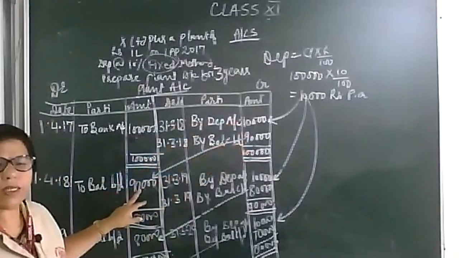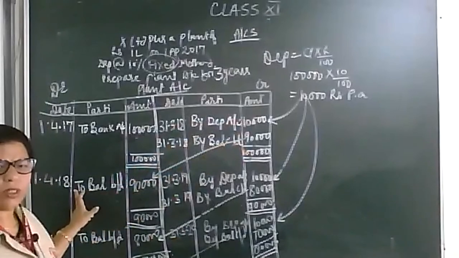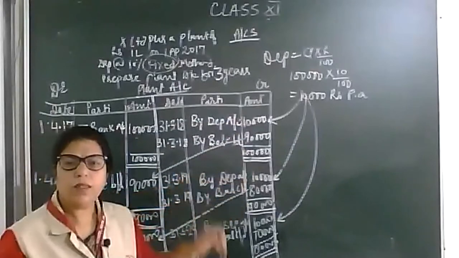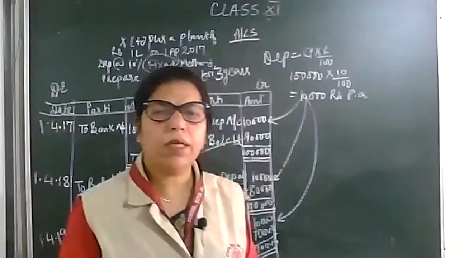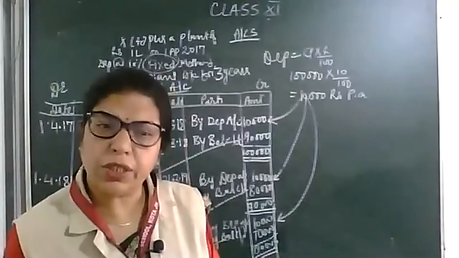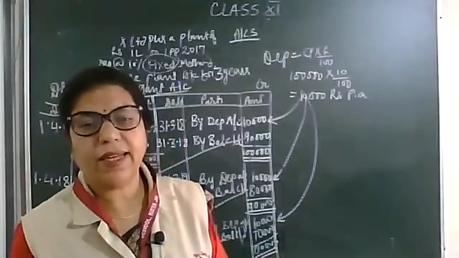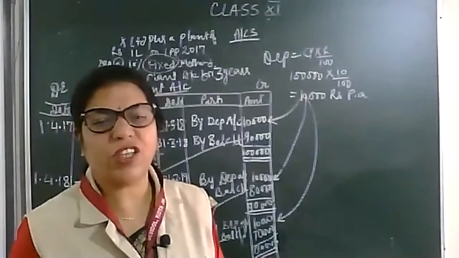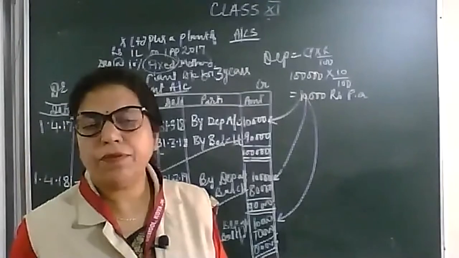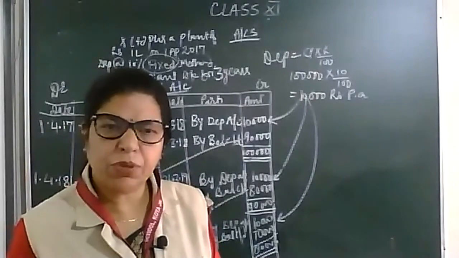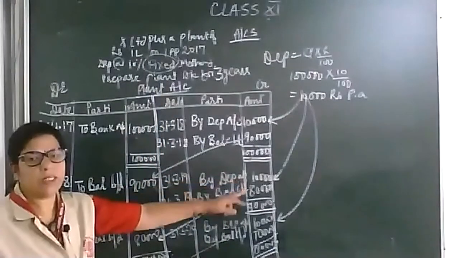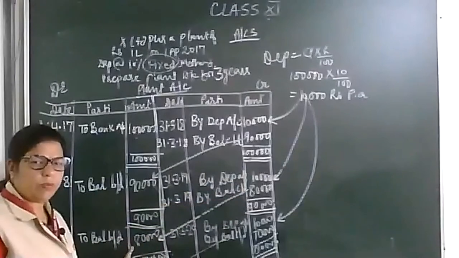This 90,000 will come here for the next year. Here the depreciation amount is 10,000. So 80,000. This is the financial year. See, my dear children, the financial year is from 1st April to 31st March, and the calendar year is 1st January to 31st December. But generally we have to calculate the depreciation according to the financial year. Okay, so 90,000 minus 10, that is 80. Then 80 will go forward.